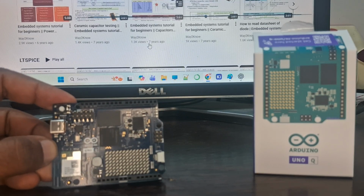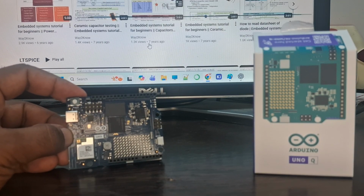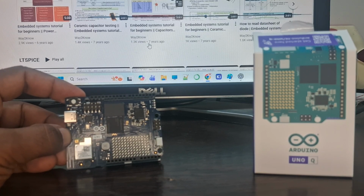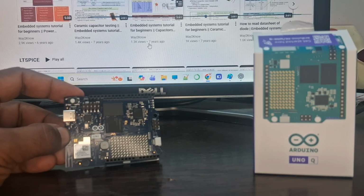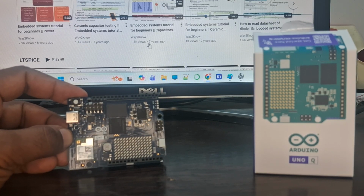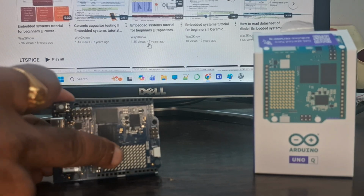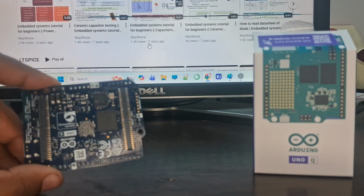And on the board, you have the wireless module. This helps us connect it to the cloud. This particular board is intended to be used for AI at the edge with AI and ML applications. And if you want to connect to the remote, you can use the wireless capability, which has Wi-Fi 5 with dual band support and Bluetooth 5.1 as well. Like the Arduino Uno R4 board, you also have the LED matrix. And if you turn this side,